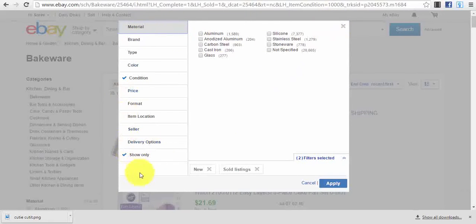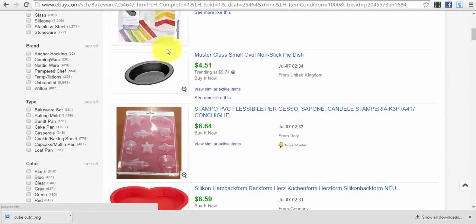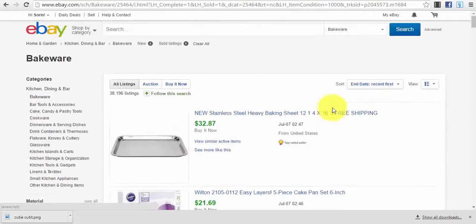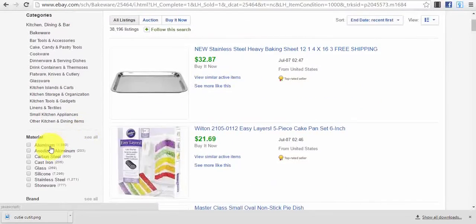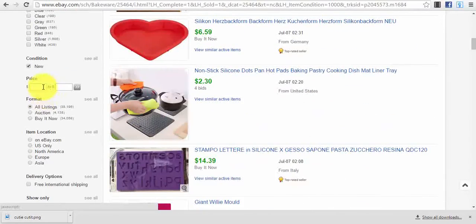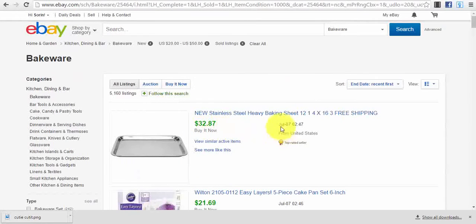That's about it, guys. We can go even further to see which is the material, which is the format, and so on. But I think this is enough to see exactly which are the top sellers, which are the listings that we are looking for, the prices. The prices, it didn't take the prices from 10 to $50. Actually, let's put 20 and let's see right now. Okay, and that's about it, guys.